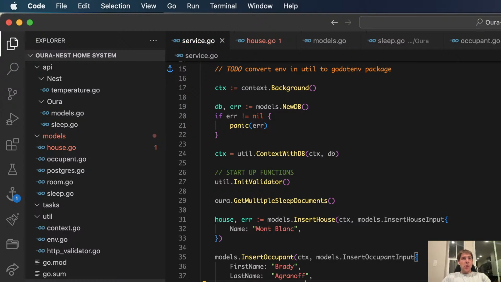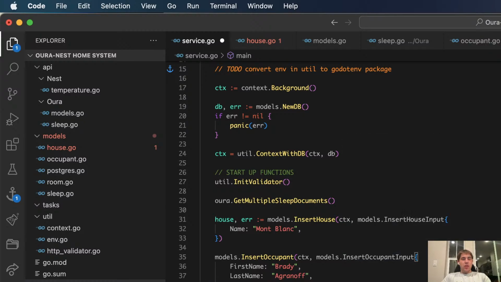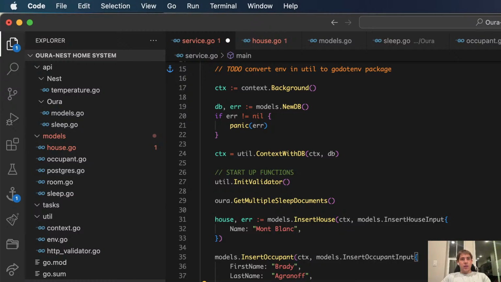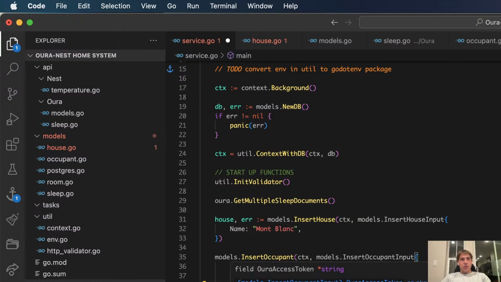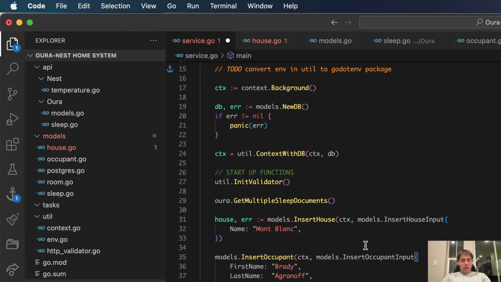House ID. Nice. Okay. And then util or access token. Oh, you see it again. It doesn't matter. No one wants my data. String. Not indirect.